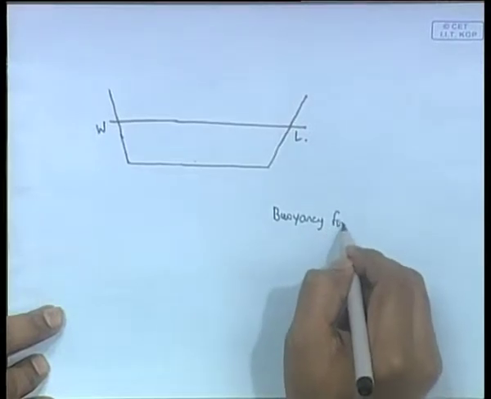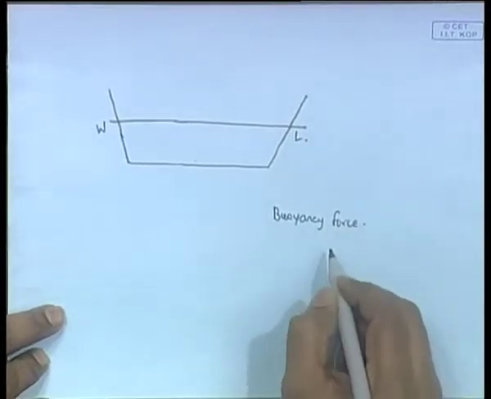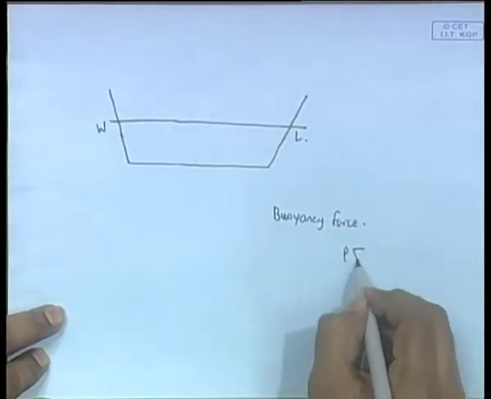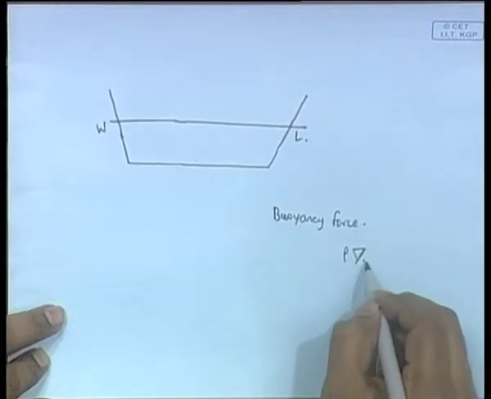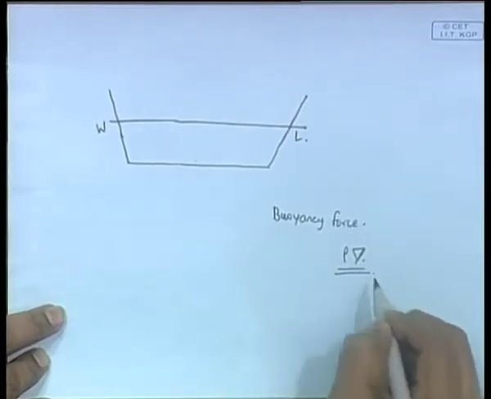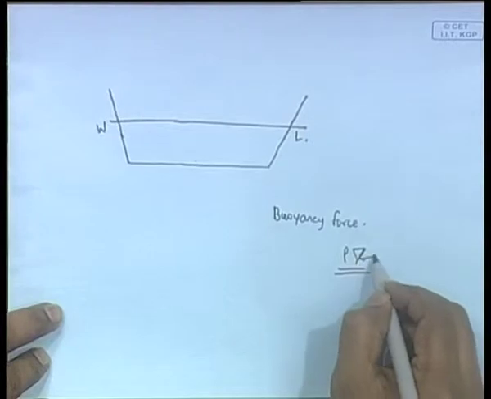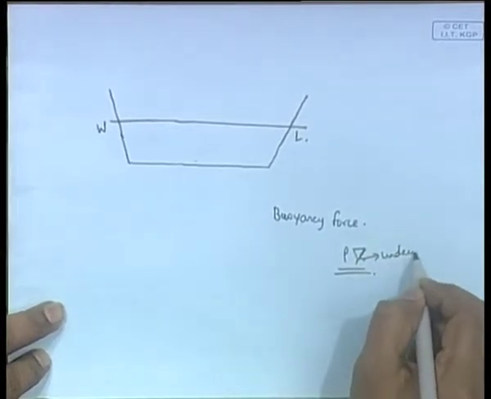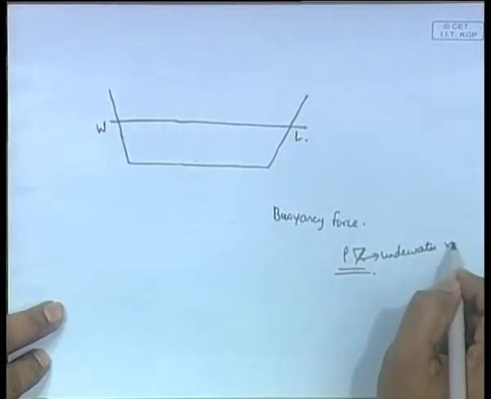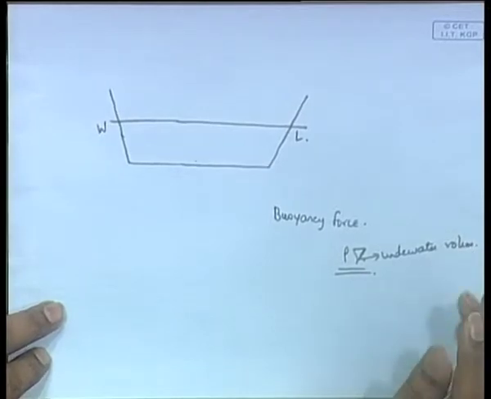Now, what is the first principle? Again the Archimedes principle states that this total weight should be balanced by the buoyancy force. Now, how will you calculate the buoyancy force? As we know, the buoyancy force is always given by rho into del, where del is the underwater volume of the ship. So, therefore,